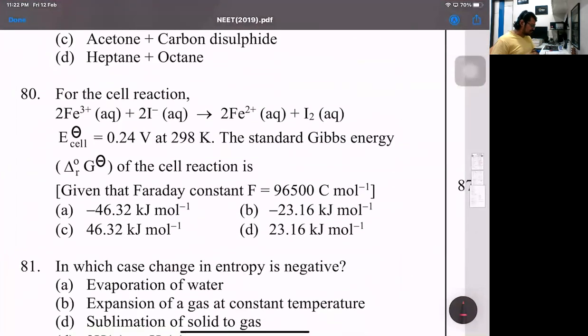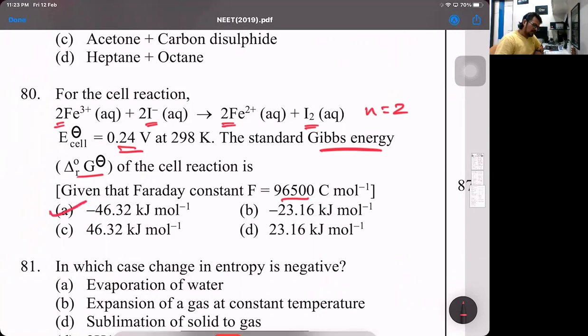Then comes the 80th one. They have given the cell over there. Now, if you observe this part in the cell, they have given the E naught value. They want the standard Gibbs energy change. Standard delta G naught is minus nF E naught of the cell. Now the most important part is n. Each iodide becoming iodine, that's oxidation, will be losing one electron, but to make I2, 2 electrons. That's why the ferric is also balanced 2 times. So your n factor is 2. That is all. So n is 2, F is 96,500 coulombs, and E naught is given to you, that's 0.24. That's it. The question is very direct. No calculation at all over there. That answer is A.